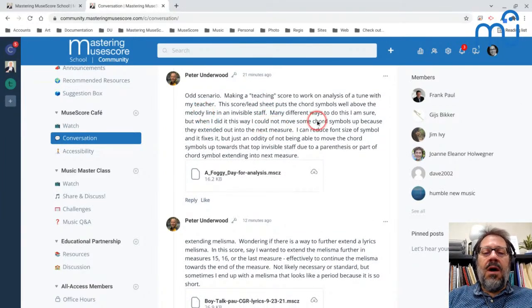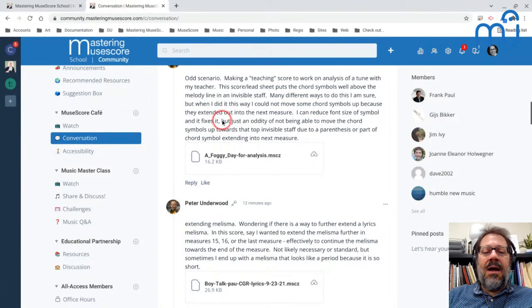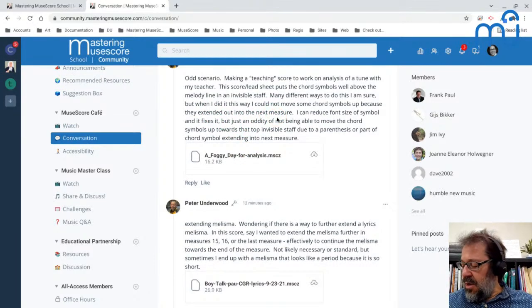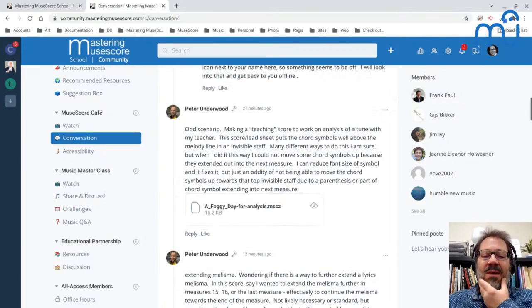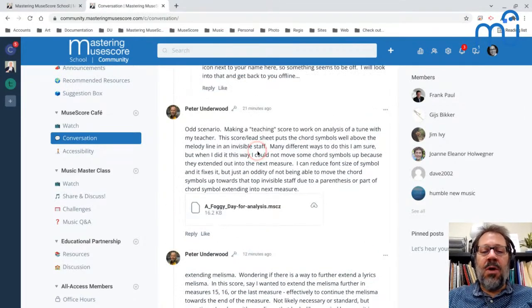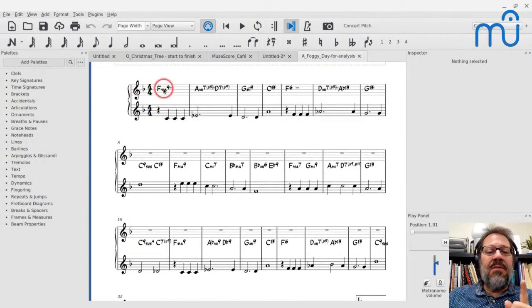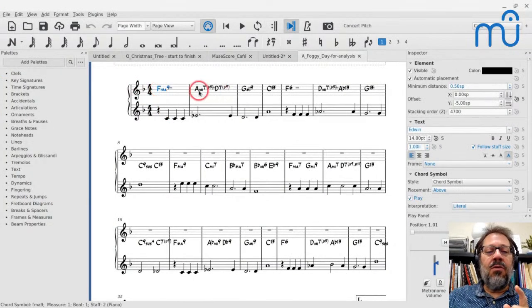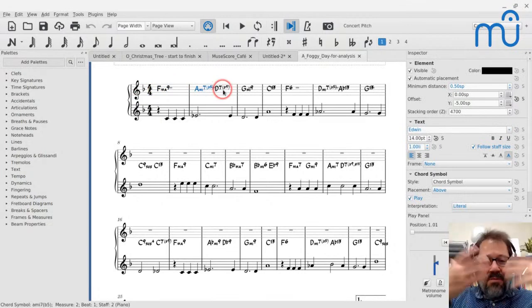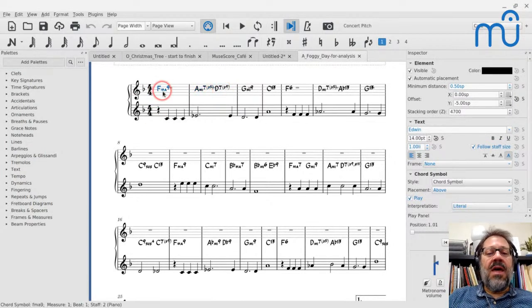Okay, so I think so. I'm not quite sure, Peter. If you're here, if you could maybe give me a little more information about what you're trying to do here. But if this is kind of what you're looking for, the chord symbols kind of on that staff, then